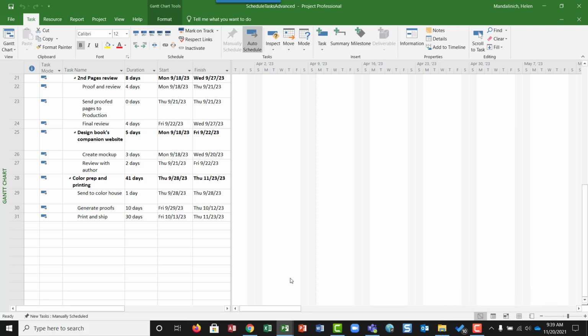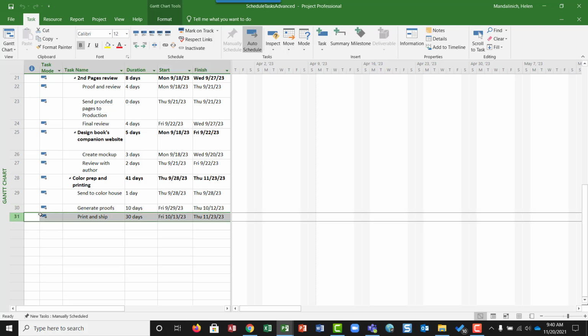So remember, lag is kind of that downtime between tasks, and overlap is when things can happen at the same time. And remember that lead, or that overlap time, is done in negative, and lag is done in positive. So that's kind of like a downtime between tasks. So the first thing we want to do is select 31, this print and ship,